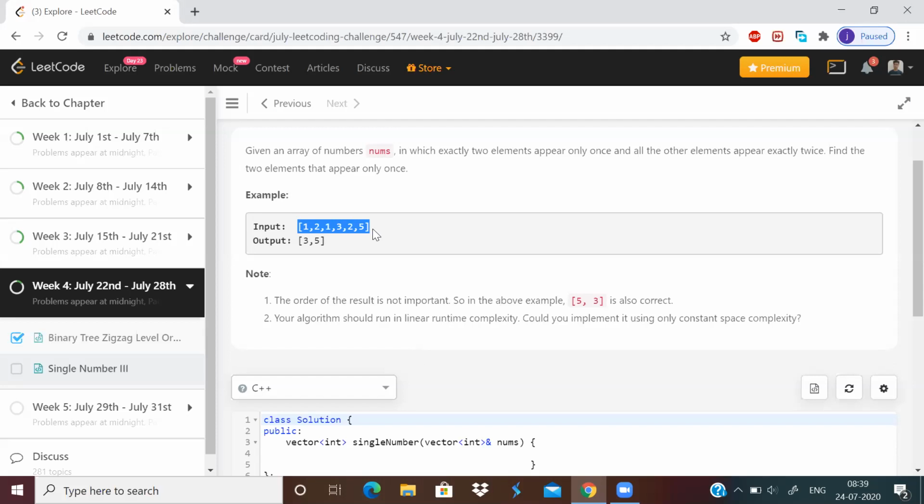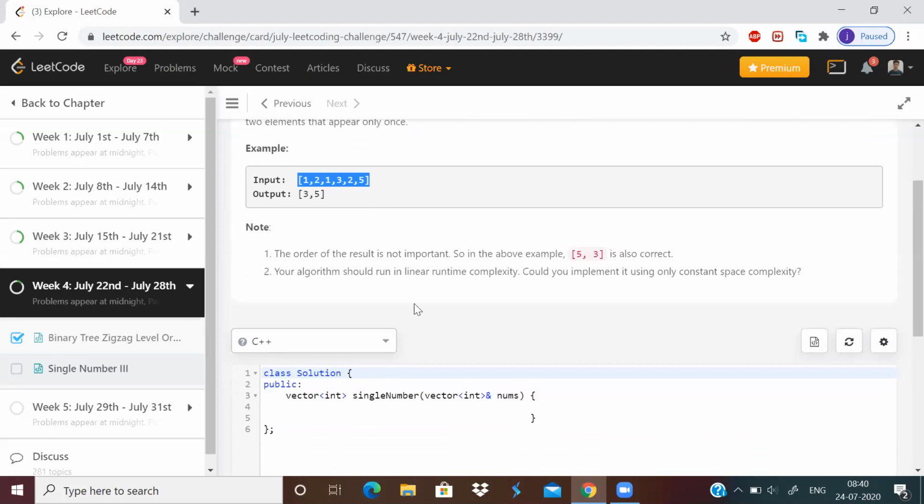We iterate completely through the array, check the adjacent elements, store the element which is not equal to the previous one in the array, and return the output. So in this case, the time complexity is better than order of n square. It will take order of n log n.